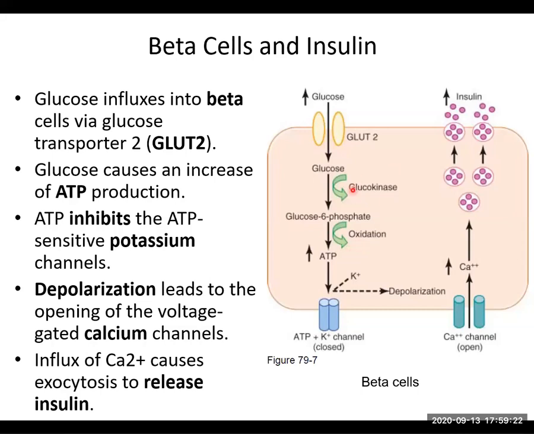It can be the glycolysis through this phosphorylated oxidation in the mitochondria to produce ATP. And this ATP will then act on a channel called the ATP-sensitive potassium channel